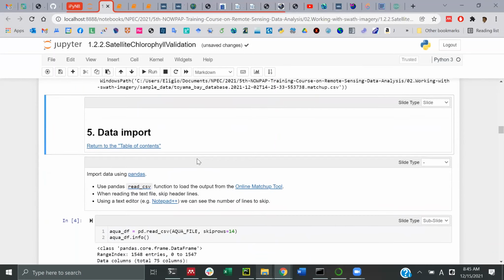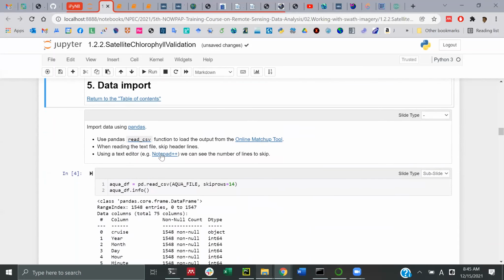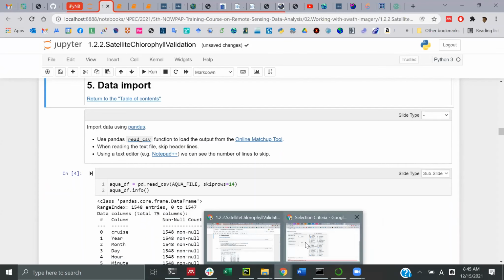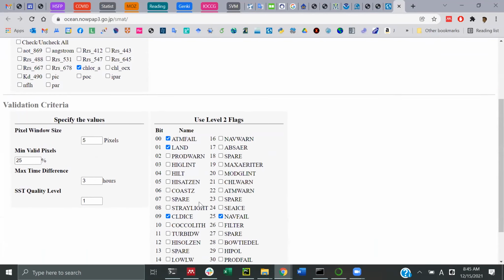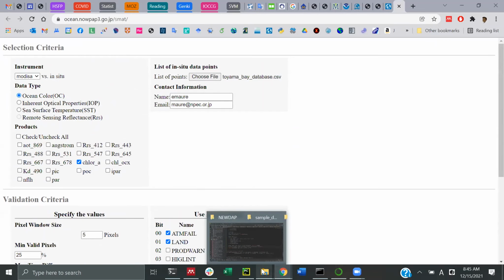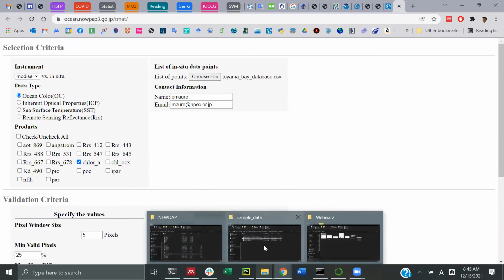And then we scroll down. Here, for reading, we will be using pandas. These files, I forgot to mention, the files that we submit to the system should be a CSV file. So I will open the CSV file so you can see